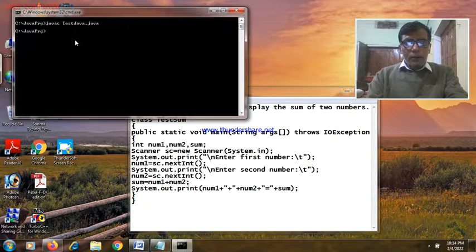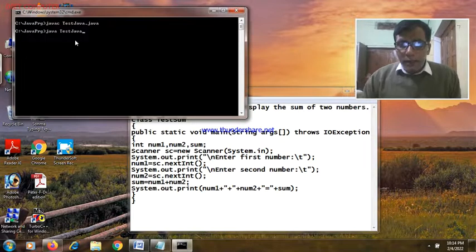And you can see no message has been displayed, that there is no error in the program, and my program has been successfully compiled. And now I am going to invoke the Java interpreter, and then the class name in which main method has been defined. I am going to press enter key. I am not passing argument from the command line. I am going to take input from a line being executed